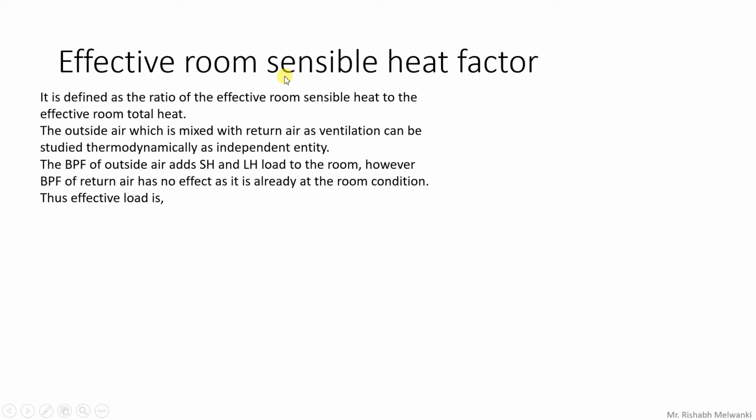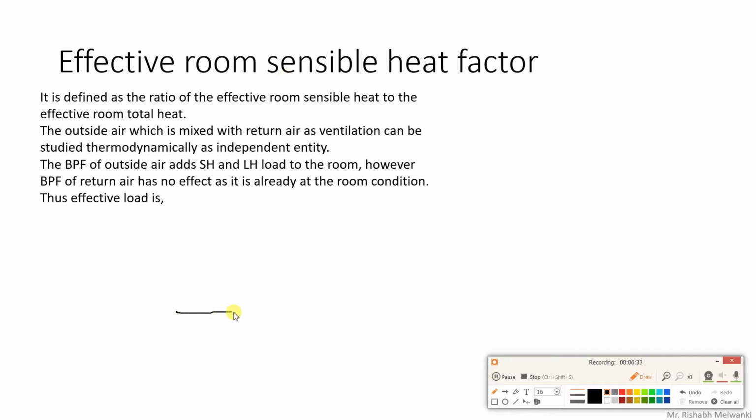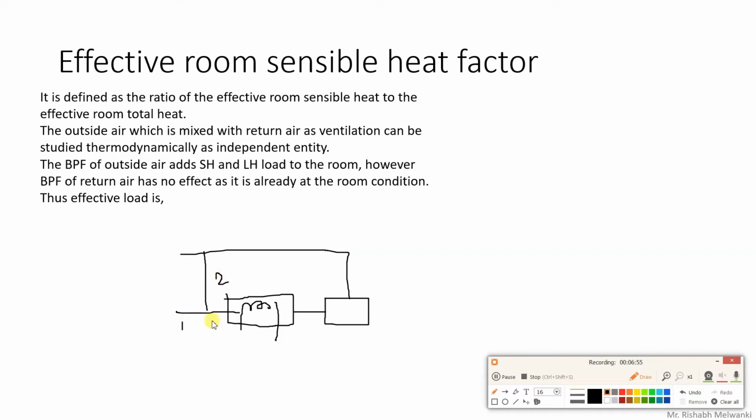What is this? I'll explain you again with the help of diagram. Suppose this is outside air. We have a cooling coil over here. And then after that, a room is there. And some air is recirculated, some air is bypassed. So this is outside air point 1, recirculated air point 2, then 1 and 2 mix to give point 3. Your assumption is mixing is done before the cooling coil. Then point 4 is after the apparatus.